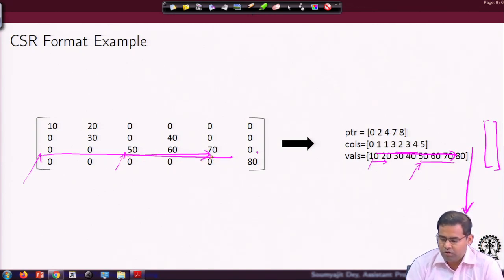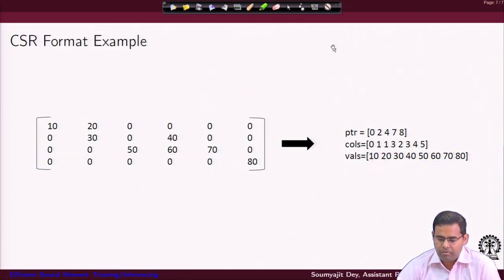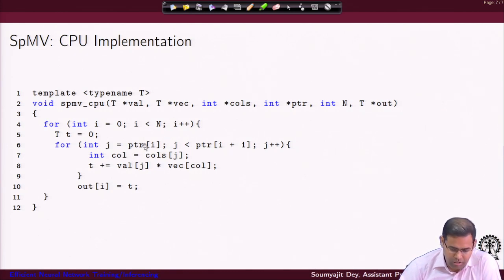While you are scanning through, for each of these values you also get to know their column indices, and then you just scan through those column indices only in the vector, because the others are not required, because they will be getting multiplied by the 0, right. So, that is how it is getting optimized. I hope now this is clear. From PTR I to PTR I plus 1, this loop is going to run. You get the starting point j in your val, you do j plus plus to skim through the val. For each of the j locations, you also know the corresponding column index, and that gives you which vector component to multiply, and that is how this CPU implementation will work.